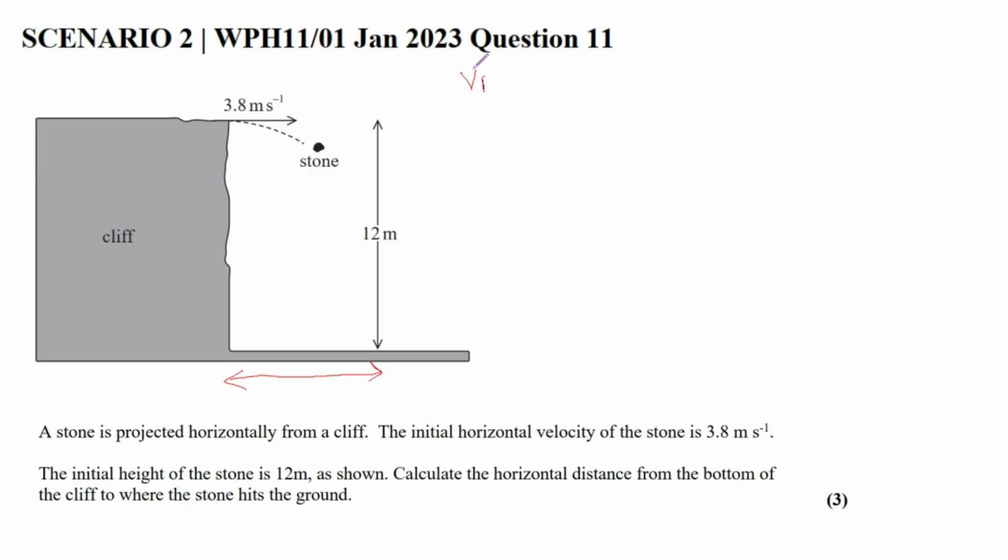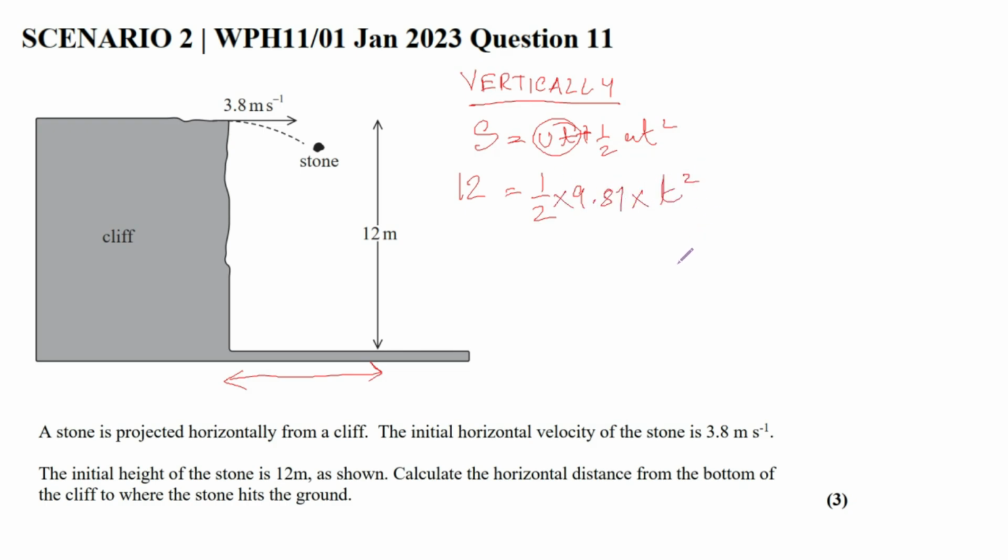So let's recall vertically what we have. Vertically, I know the initial vertical velocity is zero. This is the height it drops vertically. So I can use the equation S equals ut plus half at squared again. This time the value of S is 12. Since it's launched horizontally, initially u is 0, so ut is also 0. The equation gets reduced to S equals half at squared, or half gt squared. So 12 equals half, the value of g is 9.81, times t squared. All you have to do is make t the subject of the equation. So t equals